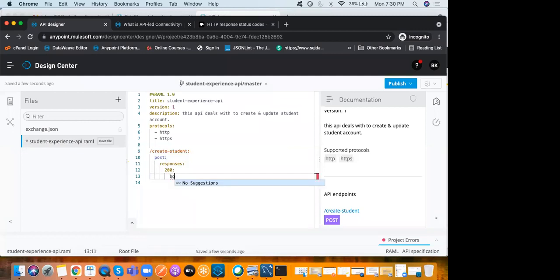200, body. See, for this body, some type will be there, the content type. That is application JSON or application XML. Today we are going to discuss JSON. Then maybe next class we will see XML. Click on application JSON. Next, example. In this example, what I want to display,